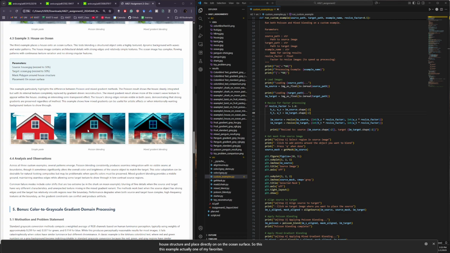It particularly highlights the differences in the two methods clearly because if you look at the simple paste, it was very challenging. As you can see, there are clear additional artifacts created. But for the Poisson method, the house is cleanly integrated, but with its initial textures completely replaced by the gradient-driven reconstruction. And the house adapts to the blue tones of the ocean, and it appears somewhat naturally lit for the ocean environment. So you get this very clean and well-defined house that looks like it belongs in the scene. But if you look at the mixed gradient results on the right, it tells somewhat of